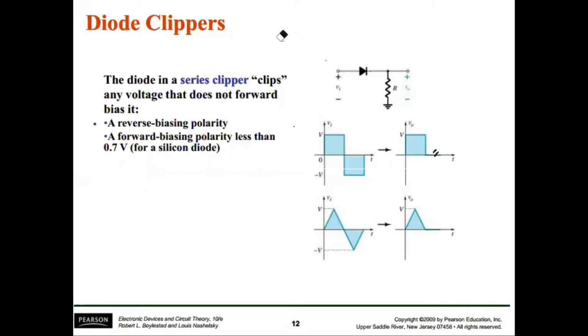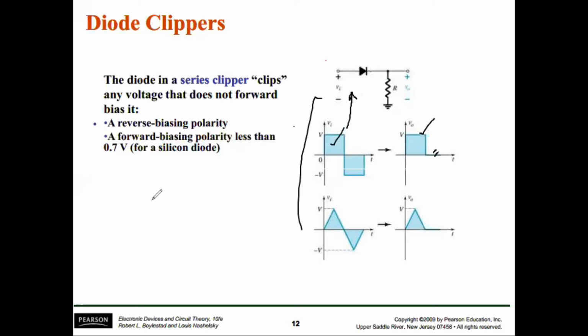If you talk about a series clipper, this is a series clipper, and if you apply this circuit here, what will happen for the positive cycle? It will behave as a short circuit and will allow this positive cycle to move here. This is basically a rectifier. For the negative cycle, this diode will behave as an open circuit, and no negative cycle will move through, because now this is an open circuit. So that's why it is clipping the negative cycle of this waveform. Similarly, if you apply it here again, only the positive cycle will be moved,